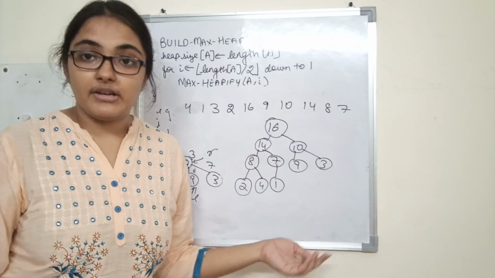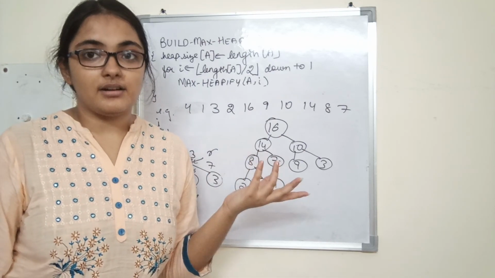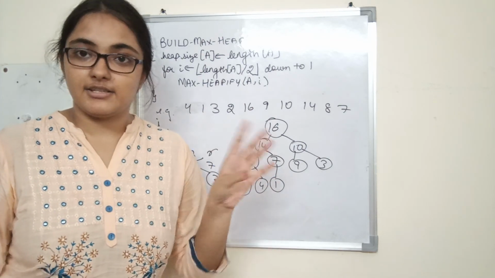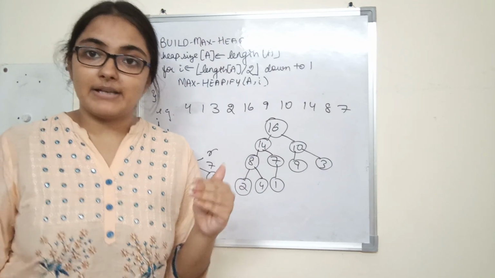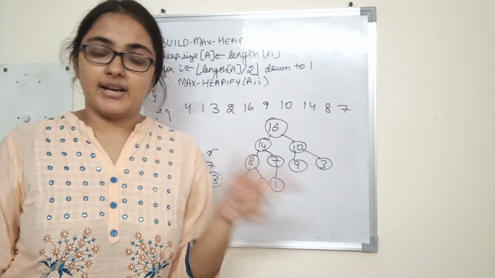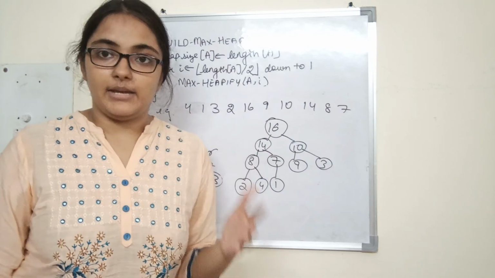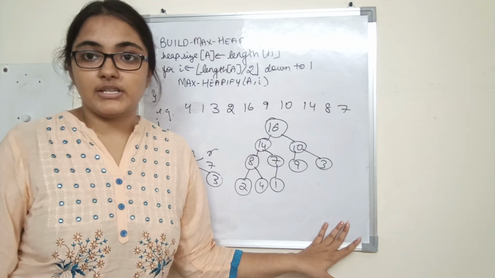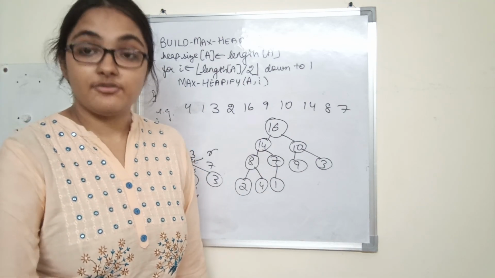Now in the next video we'll look at the time complexity of build max heap and how it is better than sorting an array of elements into a decreasing or an increasing order in order to convert it into a heap. Build max heap takes less time as compared to arranging the array in ascending or descending order in order to convert the array into a heap. So we will see that in the next video, build max heap procedure and heap sort also, maybe in the further videos. So that is it for this video.